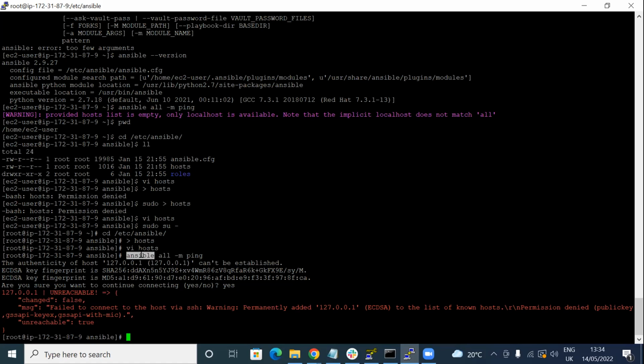Before that, let's understand what is there. Ansible is a command. All means all the servers which are there in your host file, or in this inventory file. Minus m stands for a module, and ping is one of the modules. Ansible has a lot of different modules which we use. Those modules are only the libraries, the methods which we use to perform operations